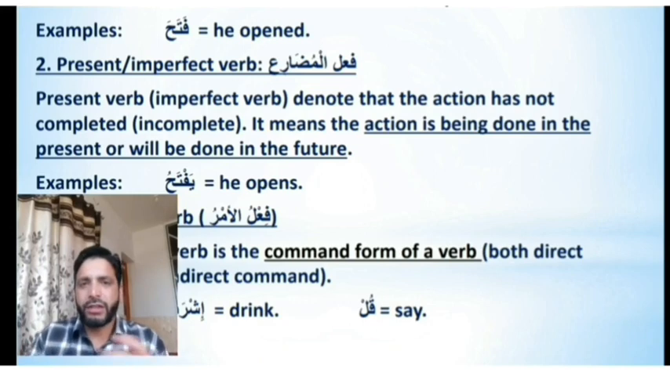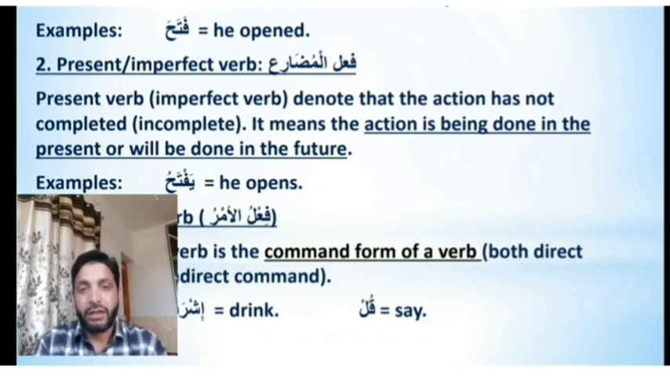But some students may have some confusion: how can we use the same verb for both present and future? How can we understand in the text? The answer is that while going through the text, the context makes you understand whether the verb is used for present or for future. But still, to get rid of this confusion and ambiguity in this fi'l mudari, you can do one thing: